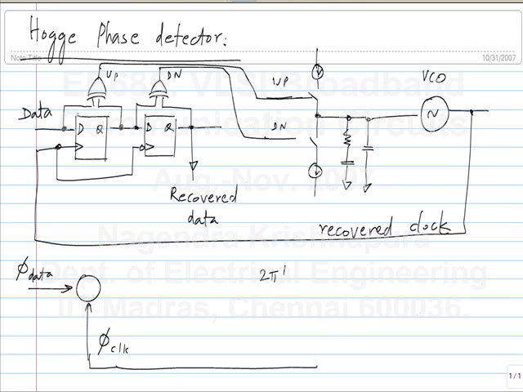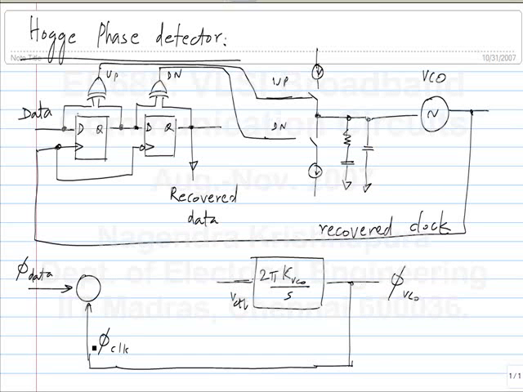It's an integrator. KVCO is the VCO gain in hertz per volt, between its control voltage and, thus you get an integration. Phi VCO is the same as phi clock,